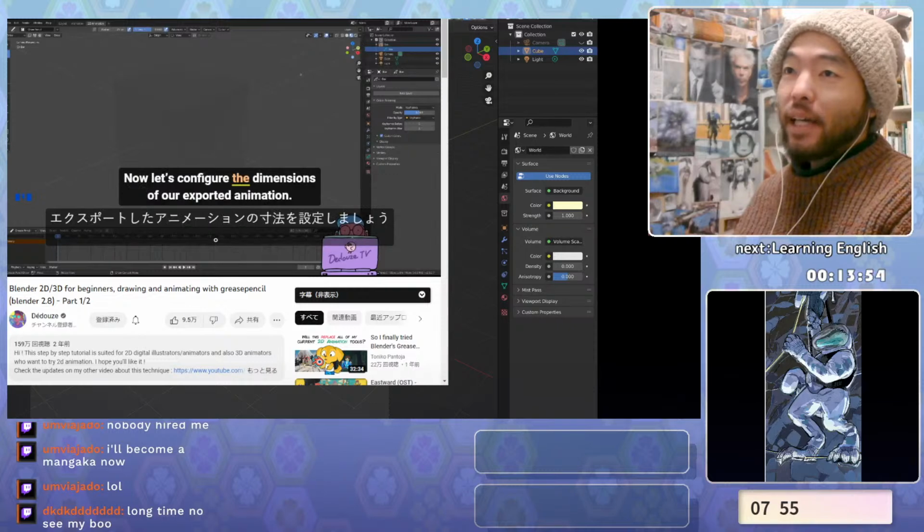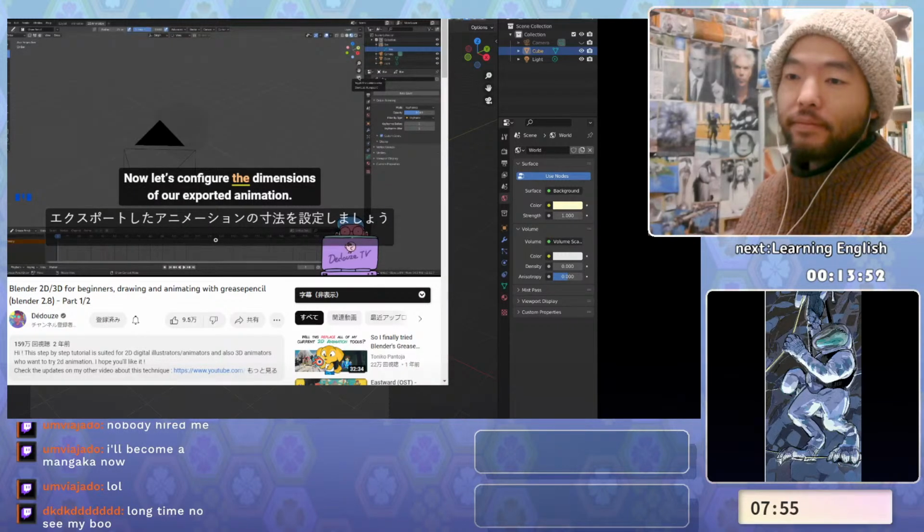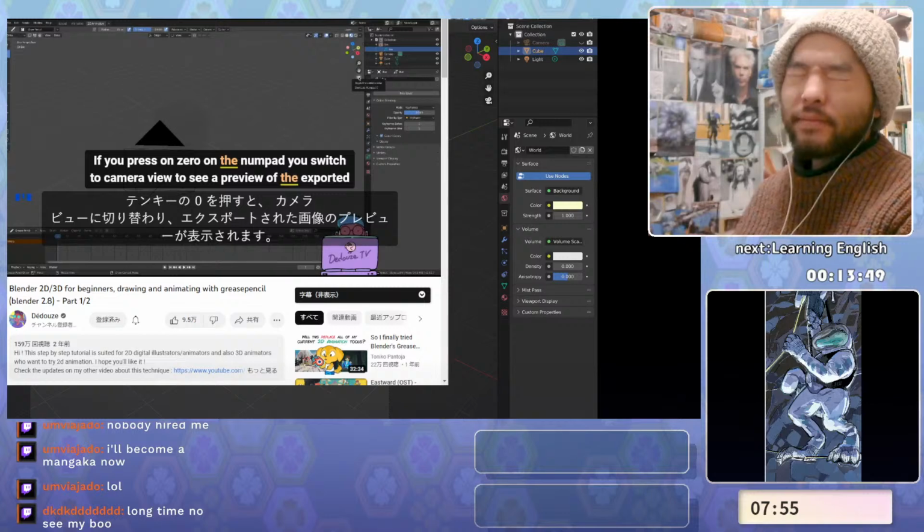Now let's configure the dimensions of our exported animation. If you press on 0 on the numpad, you switch to